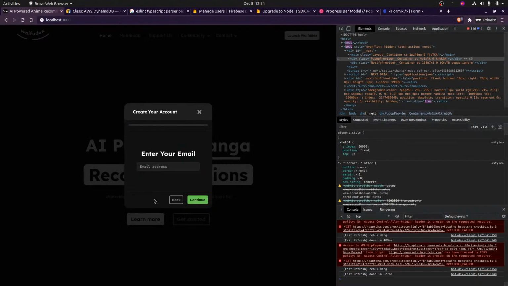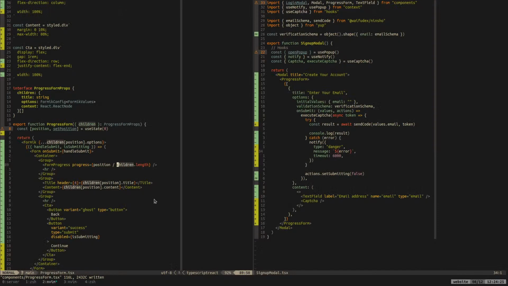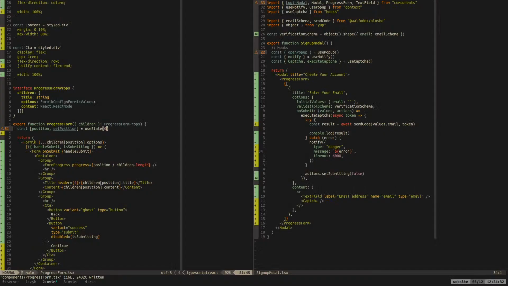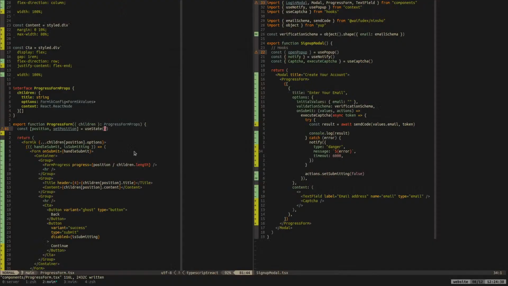Probably. And I think that's interesting. If the position is 0, that's perfect, because then it's not going to have anything filled in. But let's just say we're already at position 1, and we broke everything, okay.